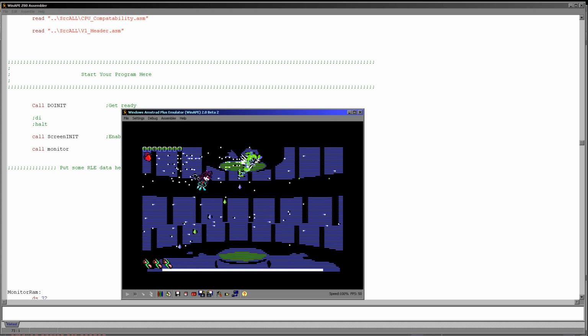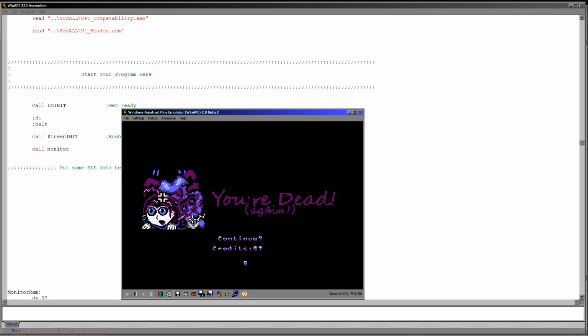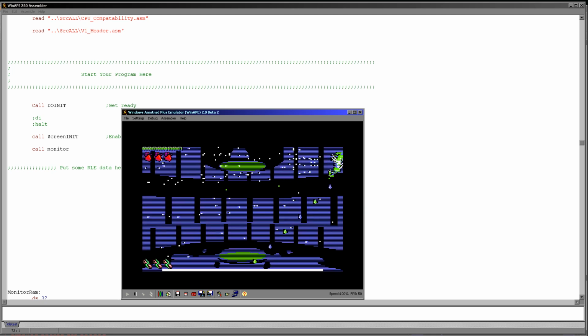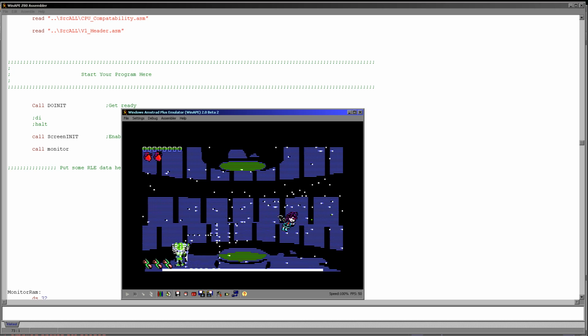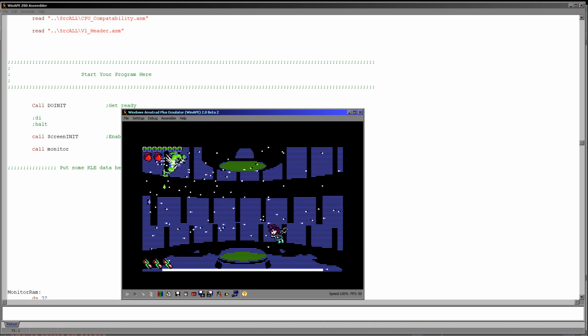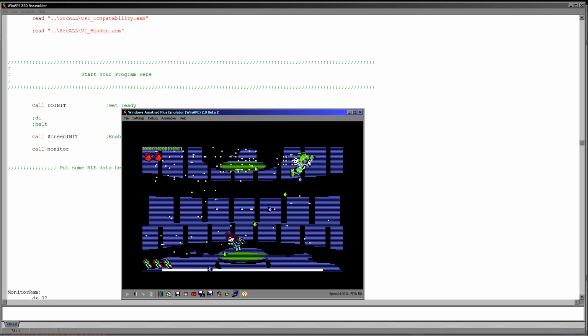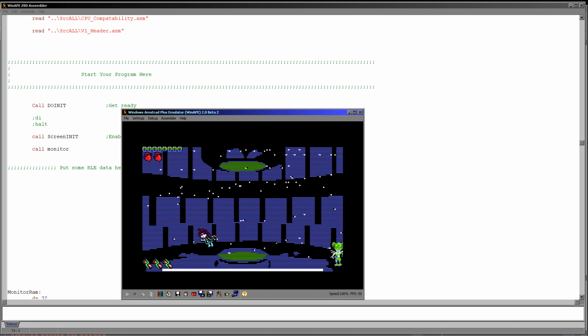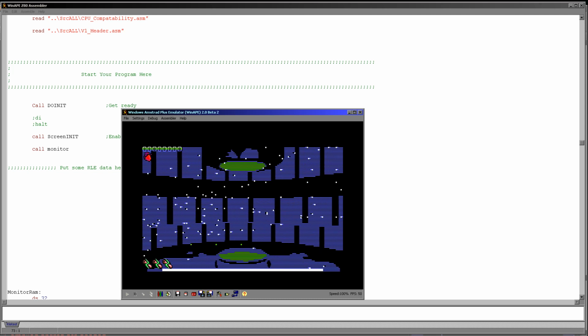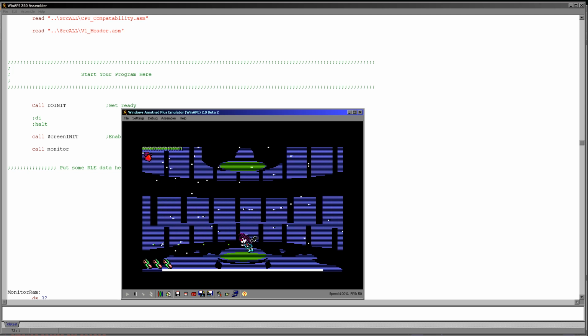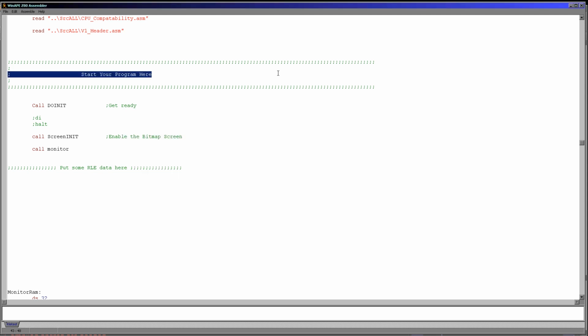So here you can see we're playing the game as normal, and I'm dying as normal. But the point I'm making is that the compiled sprite is able to do an animated background on the 256K systems. It did take a lot of memory, so I think it's not even available on the 128K. There are some other compiled sprites, some very large other backgrounds and animations, but that animation